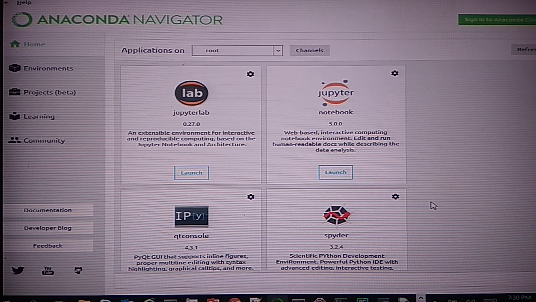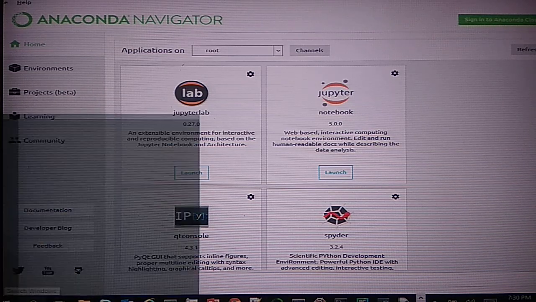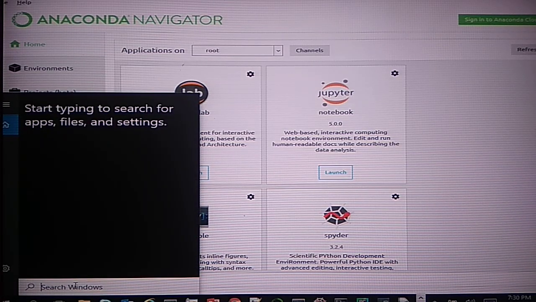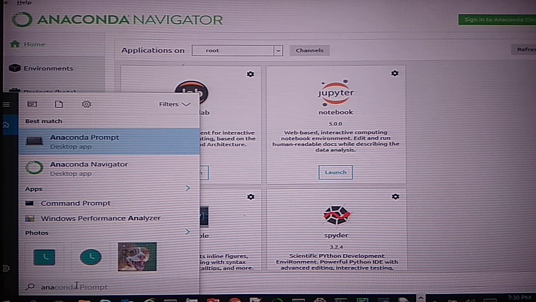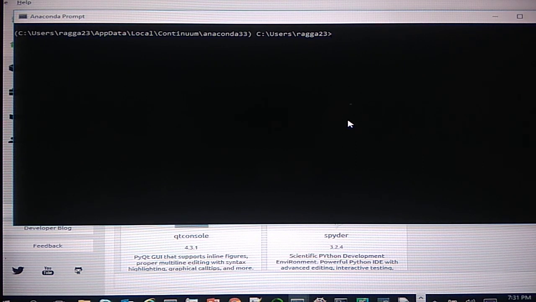Now I can simply click on the Jupyter Notebook launch button and it will start Jupyter Notebook for me. Or there is another option to start a Jupyter Notebook. As we have just seen, when you type Anaconda, you will see the Anaconda prompt also. So let's click on the Anaconda prompt. Once the Anaconda prompt is available, what we need to do is quite simple.